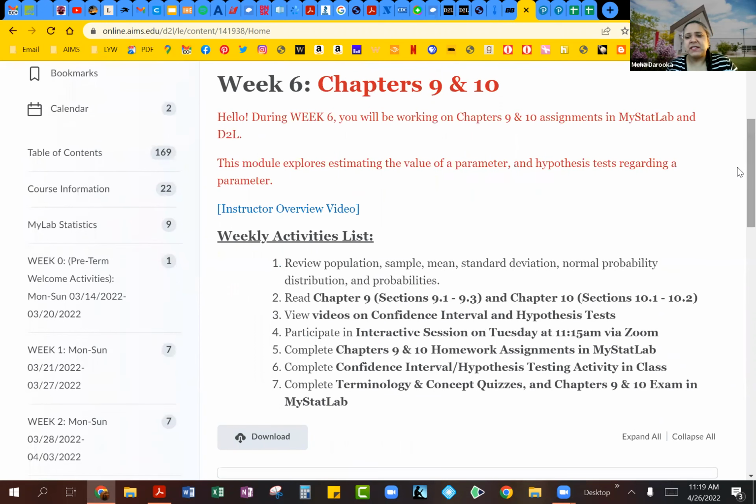So this is, obviously, where we are getting into the next part of our statistical study, which is going to be talking about hypothesis testing, parameters, confidence intervals. And actually, chapter 11 is going to continue that discussion, but we're tying chapter 11 with chapter 4. So, those are our two smallest chapters that you guys will be working on. So a part of this will continue next week also.